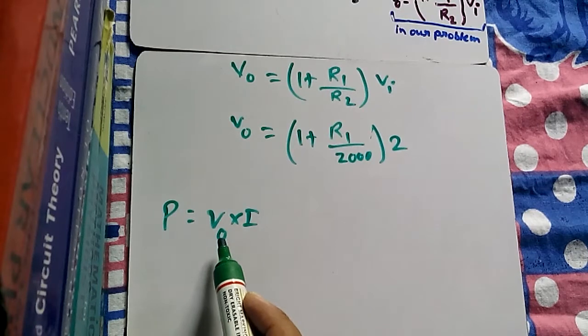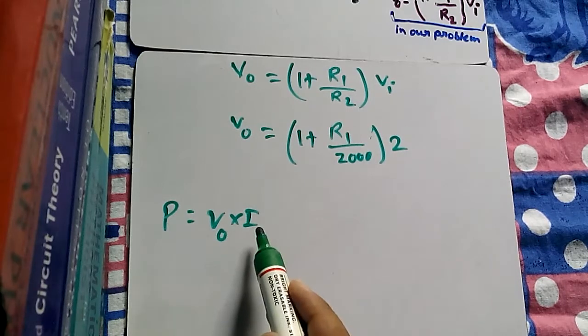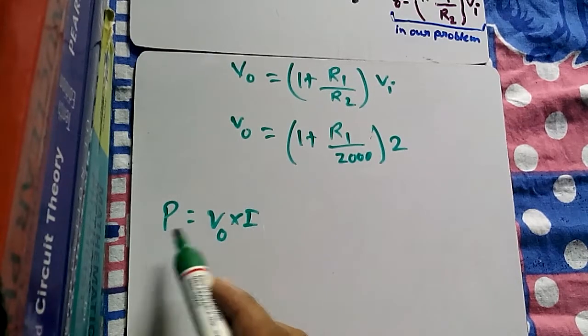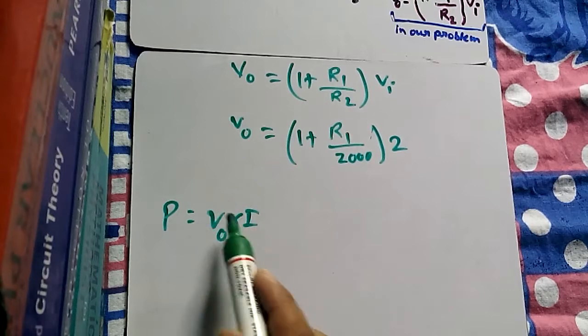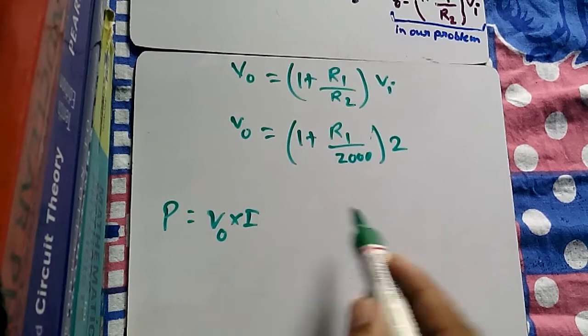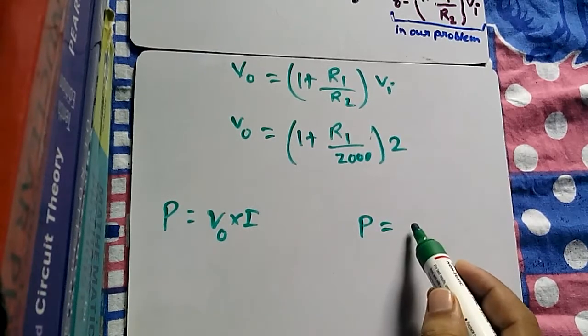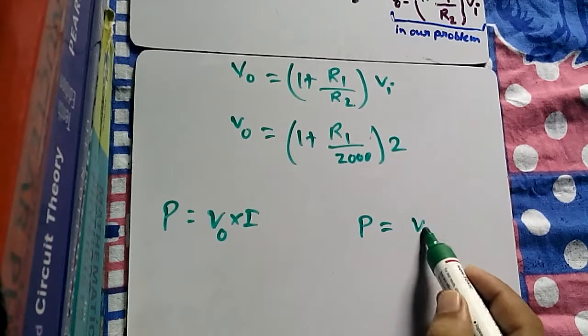So if I want to find V0, I have to do P by I, and power is given, but I is not given. So if I is not given, how can I find V0? So for that, first of all, I have to find the I. And how to find I? Again we will use the power formula. Okay, later we will come to this, to voltage, but first of all again we use power formula V0 into